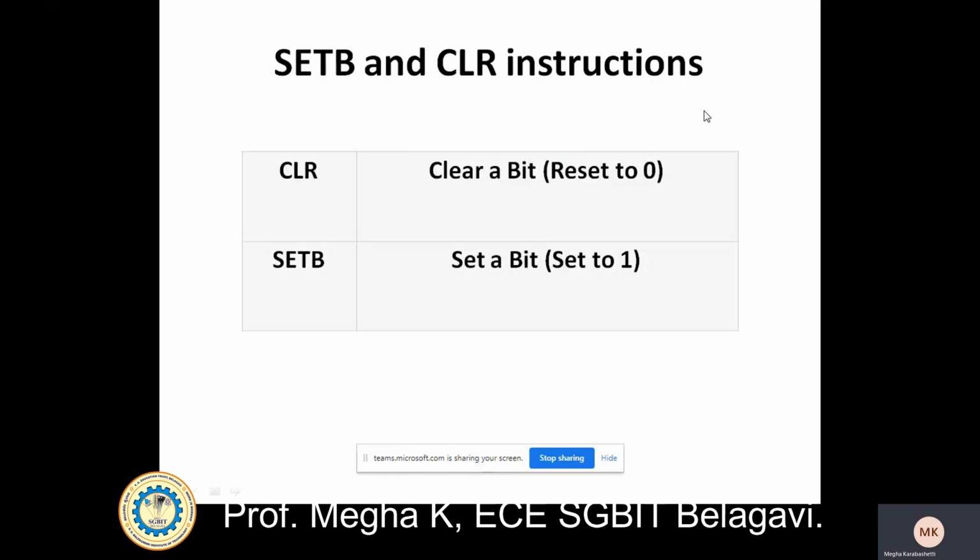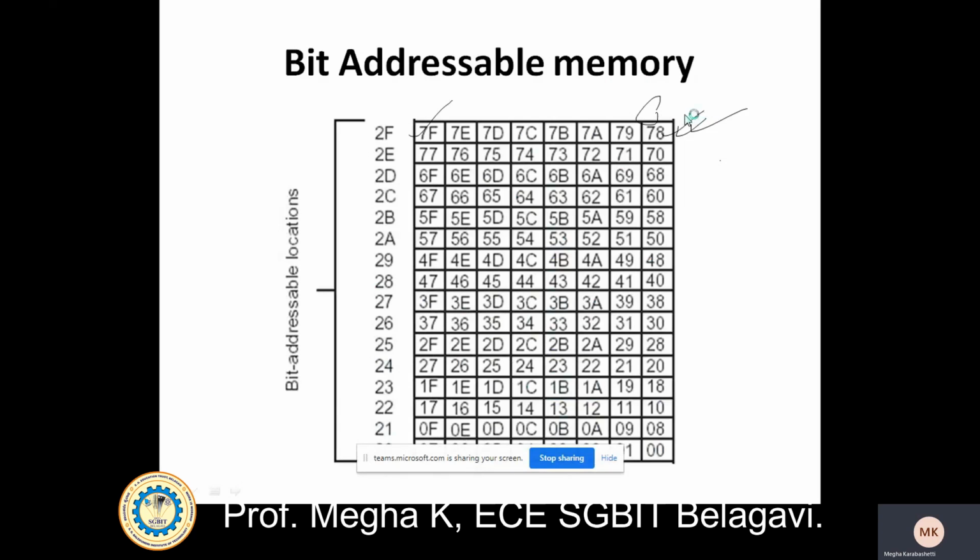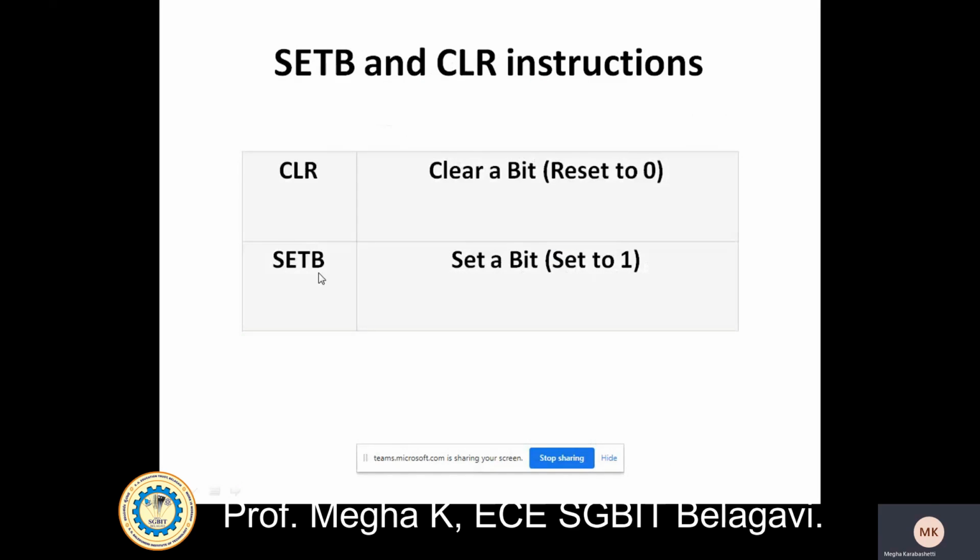In this figure, if bit 78 of 2FH is 1 and I apply clear 78H, the 78H value becomes 0. Next comes set bit: if I write set bit 78H, only that particular bit of the 2FH memory location will be set to 1.